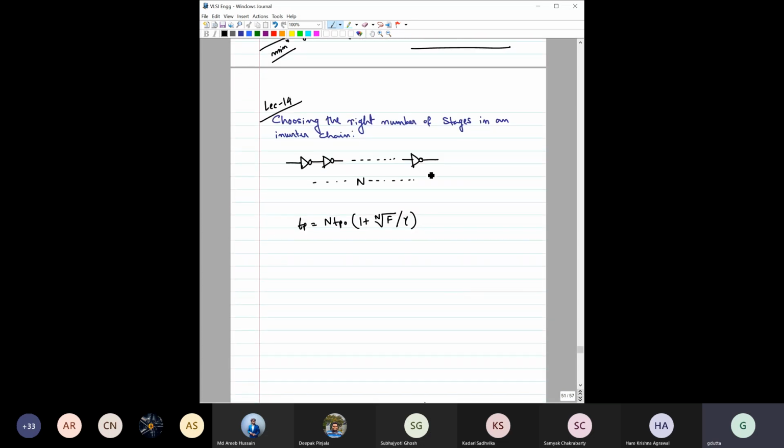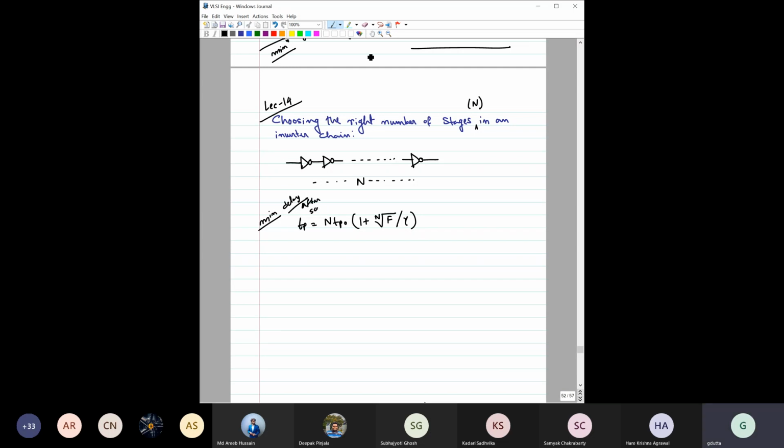So here, we are continuing from here. Now we are trying to choose the right number of stages. The right number of stages is basically the number n in an inverter chain. So there are n inverters in the chain, and for this we have found this minimum delay after